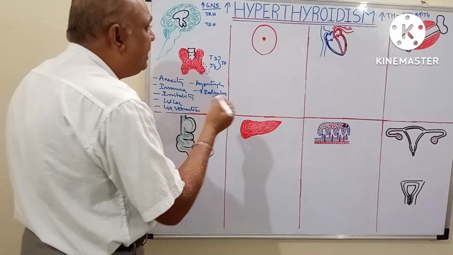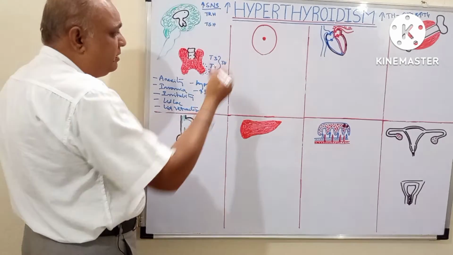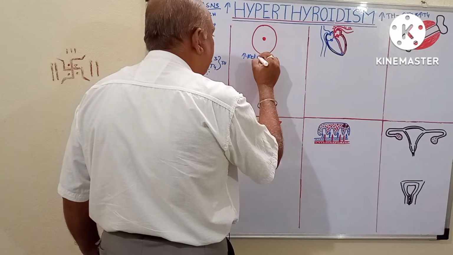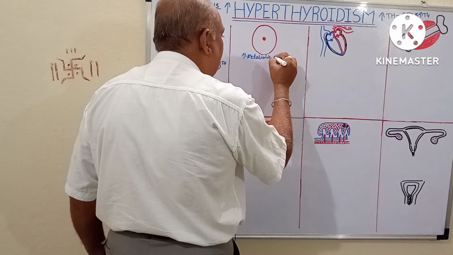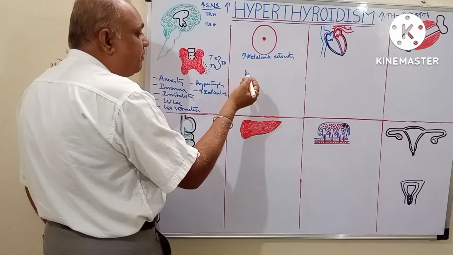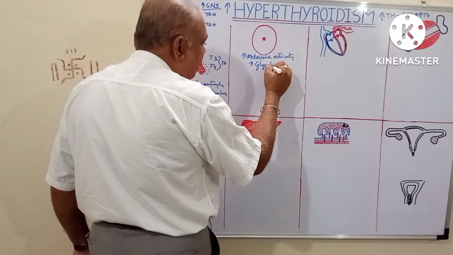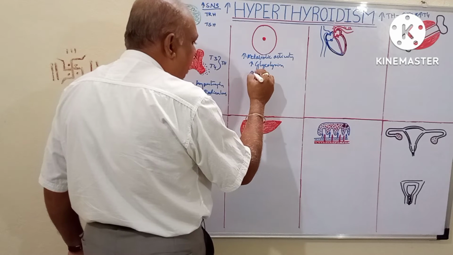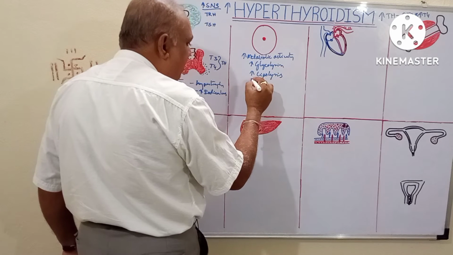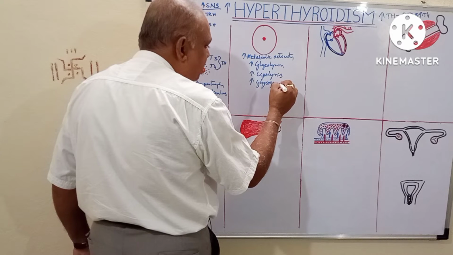Now let's see how exactly hyperthyroidism affects the body cells, where it increases the metabolic activity of the cell. It increases glycolysis, it increases lipolysis and it increases glycogenolysis,